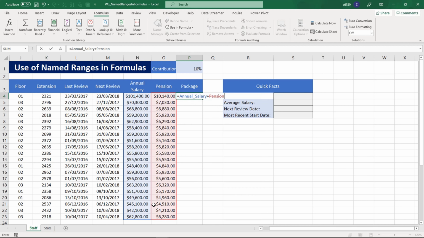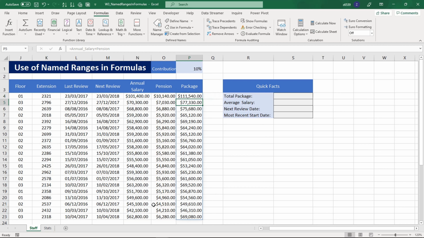All the information has been selected. Just press Enter, and you will get the result for each cell in the column as well. Here I am going to sum the information. I will just type equals